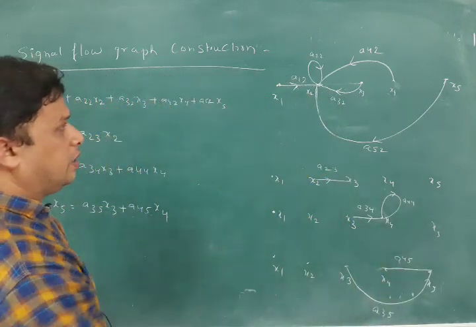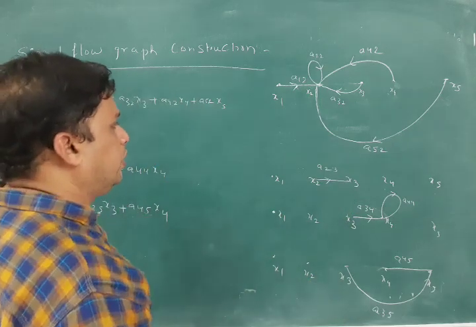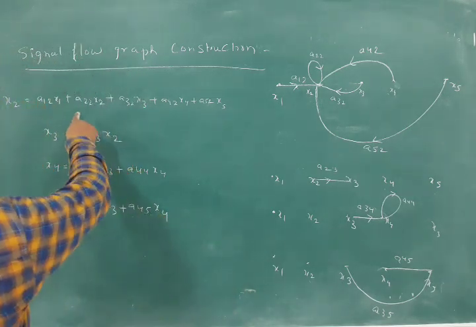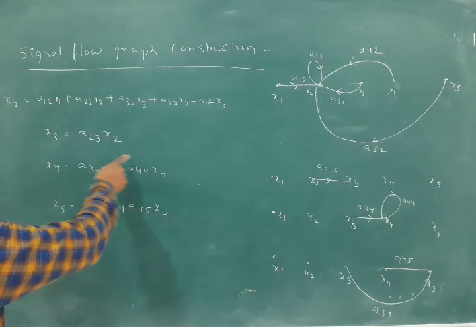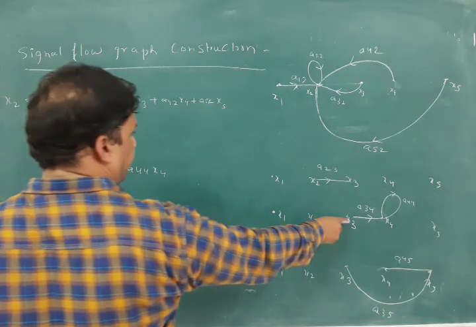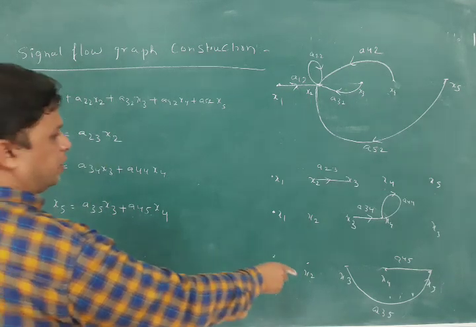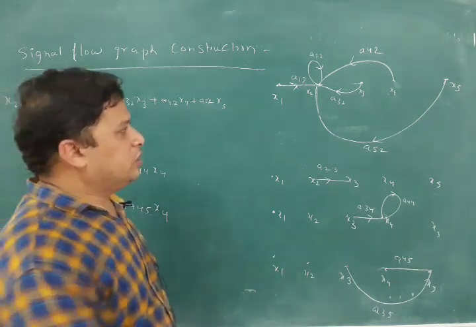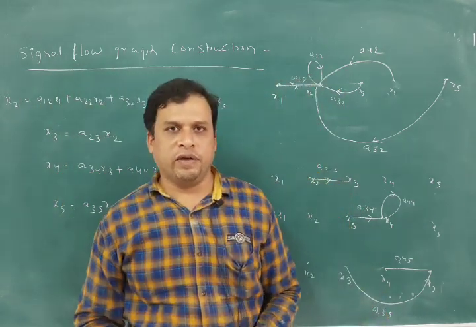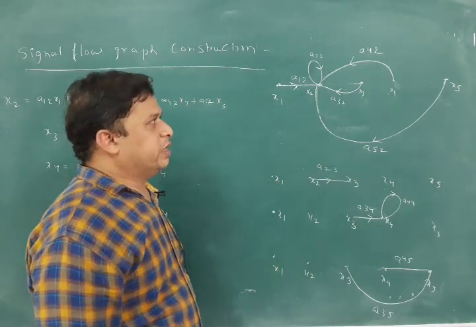So all these are the signal flow graphs 1, 2, 3, 4. We have got these many steps here. What is the first equation, this one, and second is this one, and this is the A34 X3 and A44 X4 and A35 X3 and A45 X4. Now all these things should be combined and written as an overall signal flow graph. To make it an overall signal flow graph, you have to combine all these things and write them into a simple signal flow graph now.